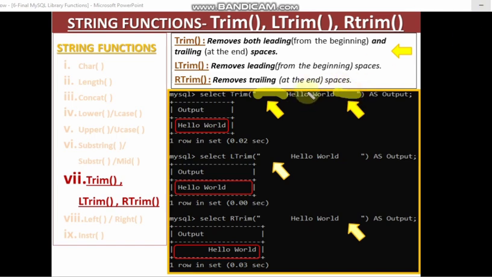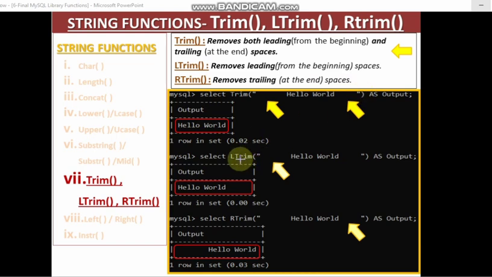It will not consider this space, the space which is in between the string. It will consider only the space at the beginning of the entire string, and at the end of the entire string. So see, when you are doing trim, it is cutting this space, it is cutting this space, right? So when it is removing this particular part and this particular part, you are getting the string like this. This is the output of trim. The initial spaces and the end spaces, trailing spaces.